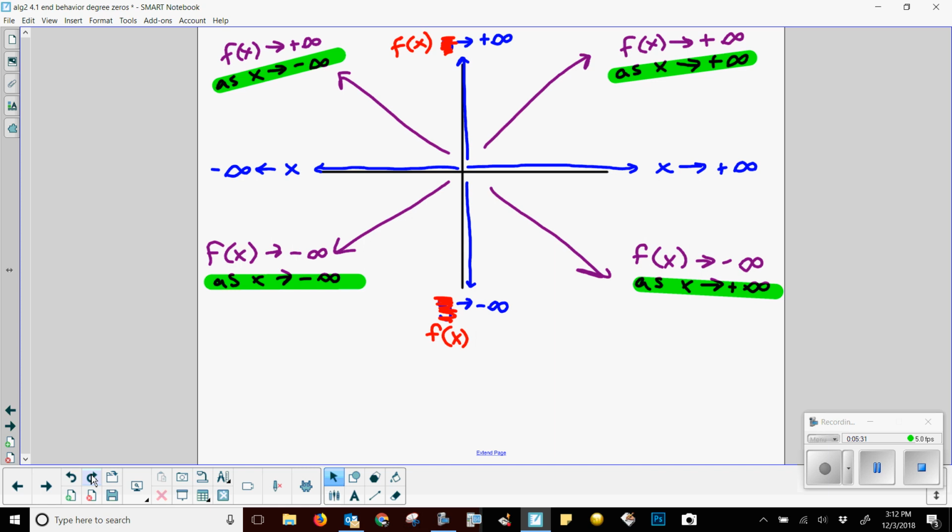We get one on the left to choose from, one on the right to choose from, based on whatever they give us. So perhaps they give us this. Well, this one's going up and to the left, so f of x is going to go towards positive infinity as x goes towards negative infinity. This one's going down to the right, so I'll use this one. If it was something different,